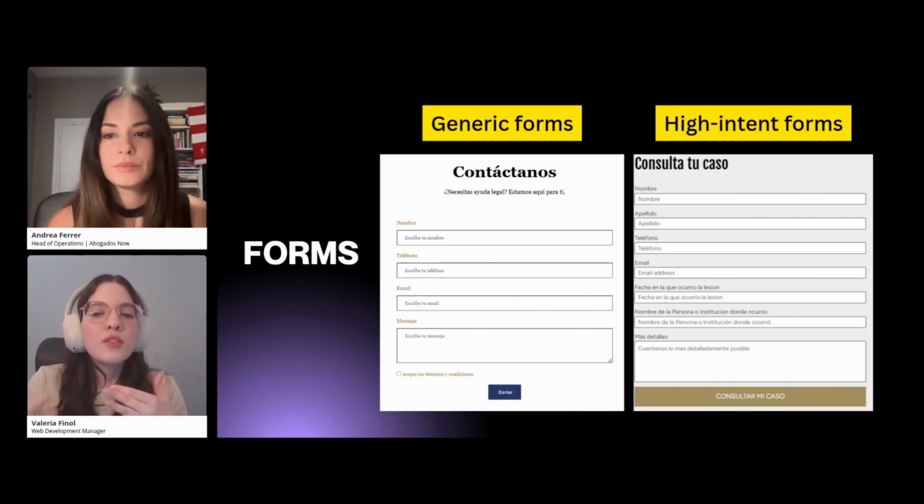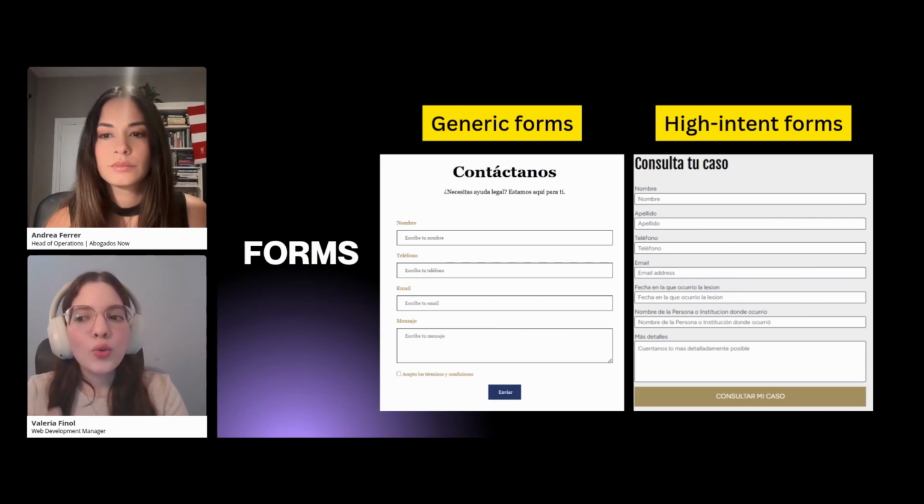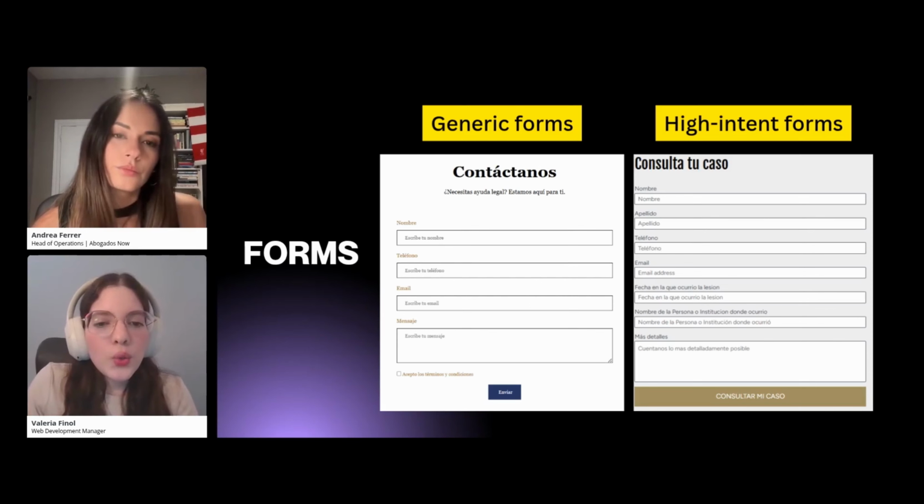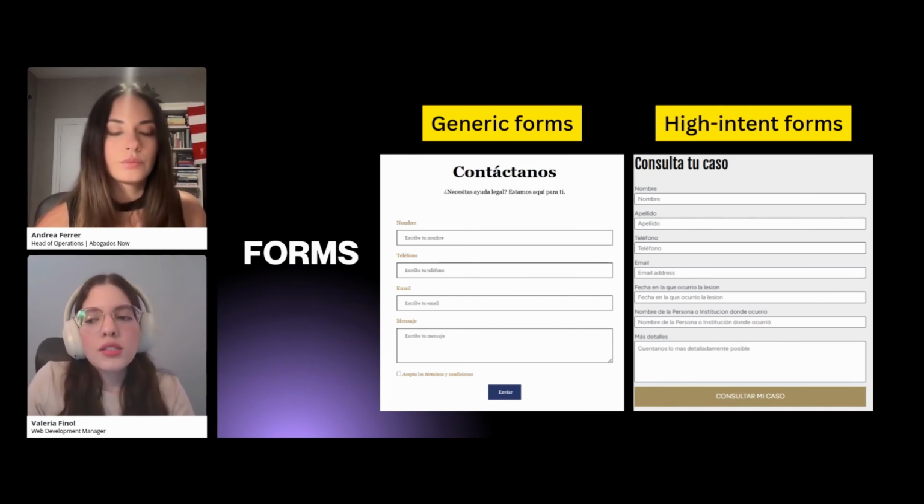High intent forms usually ask you more specific questions like where did it happen, when, what's the problem you're facing. And this is going to help you get better leads, better quality, because sometimes you can get spam when the questions are not as specific.